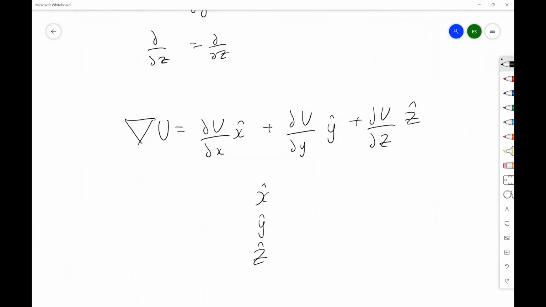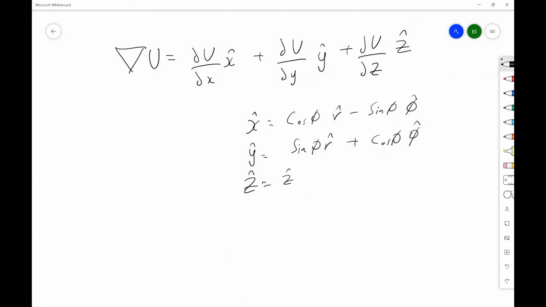I'm going to write it not as a matrix equation, I'm going to write it directly. Z hat equals z hat. That's natural. X hat is going to equal cosine phi r hat minus sine phi phi hat, and y hat is going to equal sine phi r hat plus cosine phi phi hat. And all that we need to do is plug back in. So if I plug back in, nabla u is going to be,